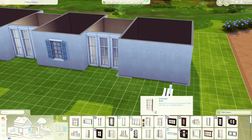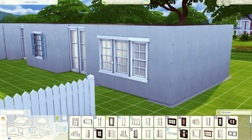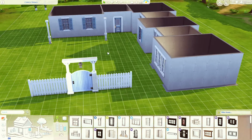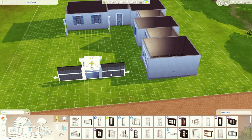And this is something I would love to see in Sims 4 or Sims 5, if they do one: separate shutters, like left and right, that you can put on any configuration of windows. So you could put it on single tile, double tile. It just would be so much more versatile. It would be awesome. So I'm going to move my fence